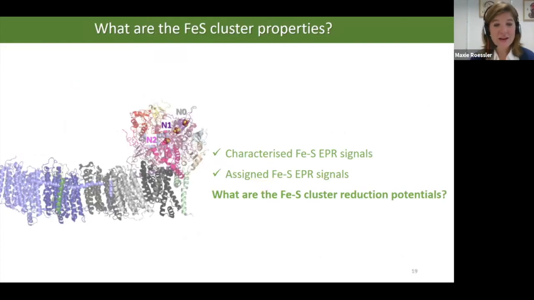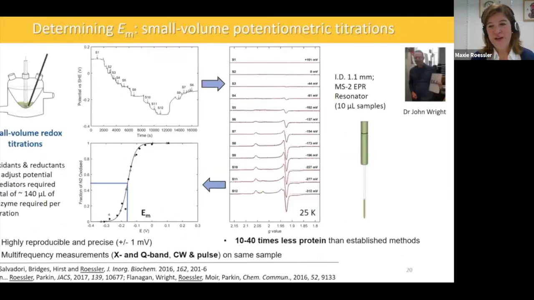So having characterized the iron-sulfur cluster EPR signals and assigned them to the structure, we wanted to know, of course, what actually their properties are. And in our case, the first place to look at is the reduction potentials. And for that, again, we could resort to some methodology that we developed for respiratory complex 1, which are these